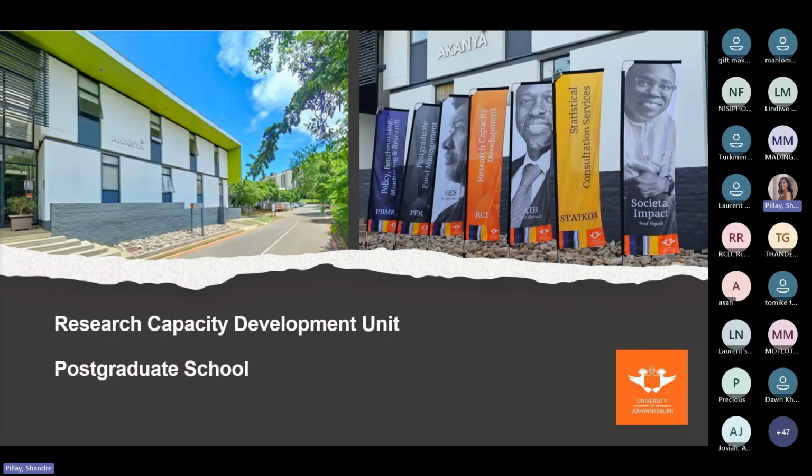Oh, may I know where the quiet room venue is in APK? So let me think of describing this. We are based at the Akanya building, next to B5. I think the closest entrance would be gate 1A. If you come up from gate 1A, you'll find parking as well. Whatever you see on my screen right now is what the building looks like. You can walk into the reception and they will direct you to the common room, if that answers your question.